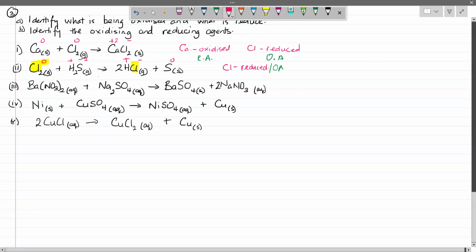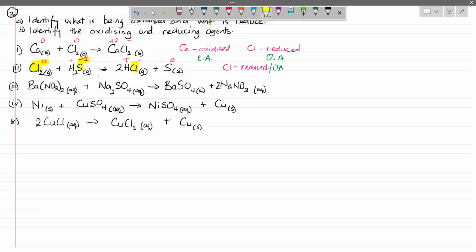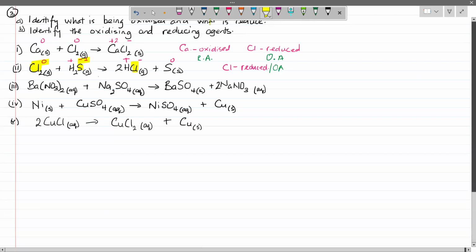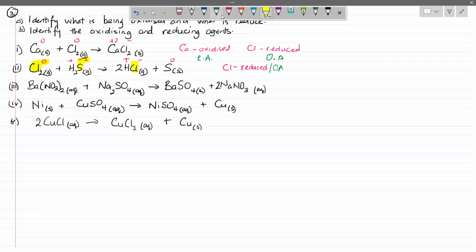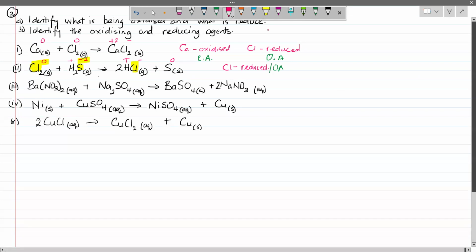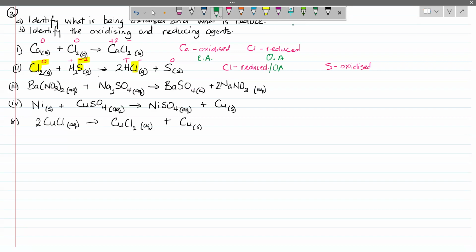Then the next one that we're seeing changes with is the sulfur ion. We're going from -2 to 0. That indicates an increase in oxidation number, right? We are going from -2, and if you think about your number line, we're going up to 0. So for that to happen, it means that it is losing electrons. So we could say that sulfur is being oxidized. And if it's being oxidized, it's acting as a reducing agent. It's facilitating